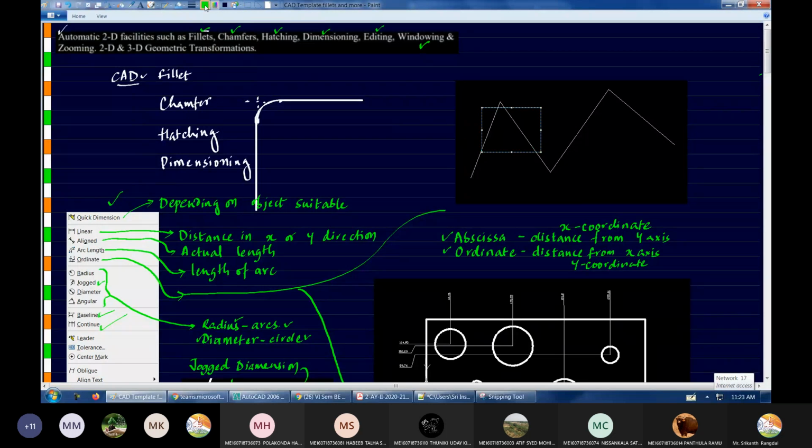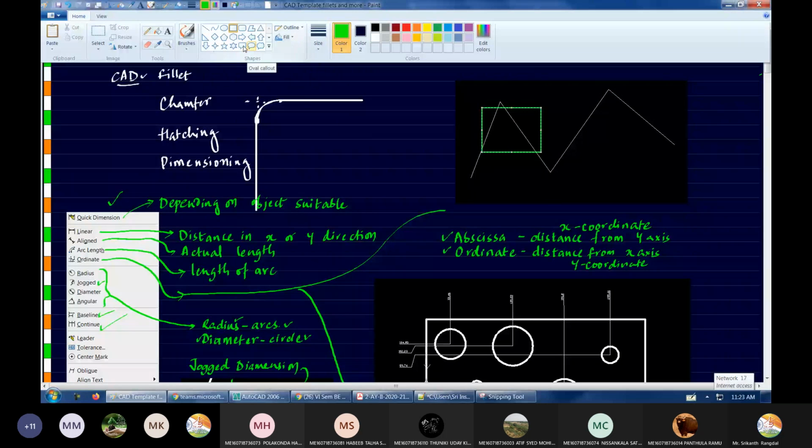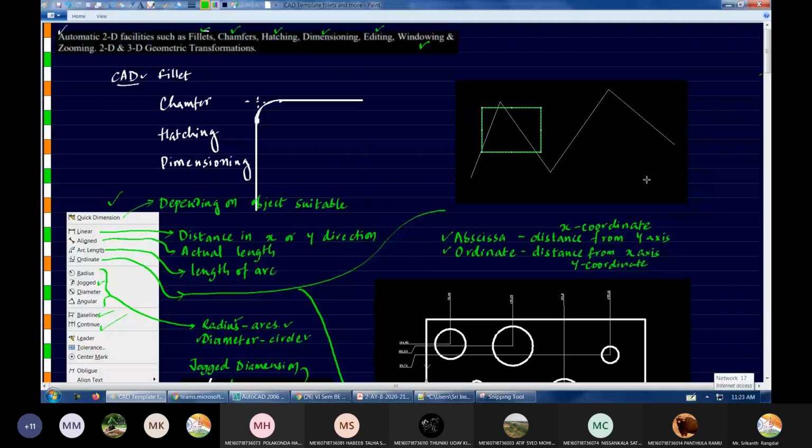When I choose this, what will happen? These coordinates we'll have to calculate. Let me take a different color. So these are the coordinates to be found.